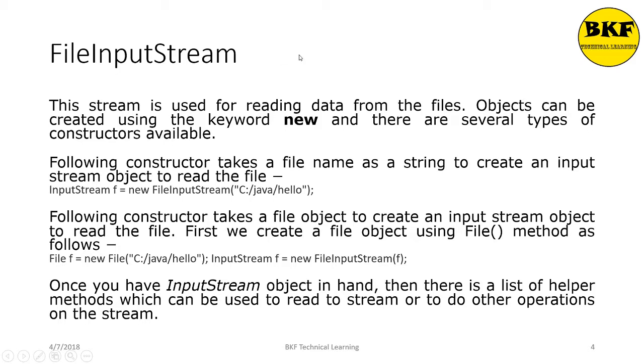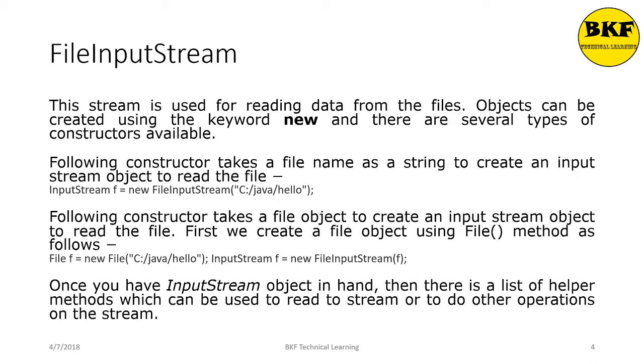Okay, now file input stream. This stream is used for reading data from the files. Objects can be created using the keyword new, and there are several types of constructors available. First constructor takes a file name as a string to create an input stream object to read the file. Here's the example. And then we have another constructor which takes a file object to create an input stream object